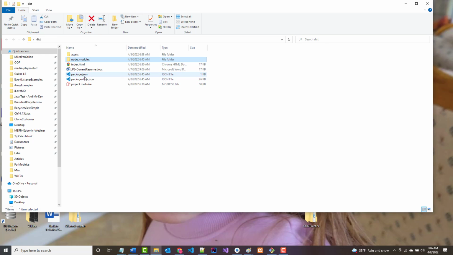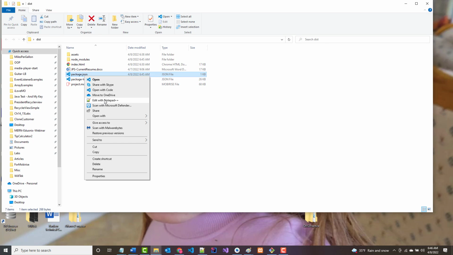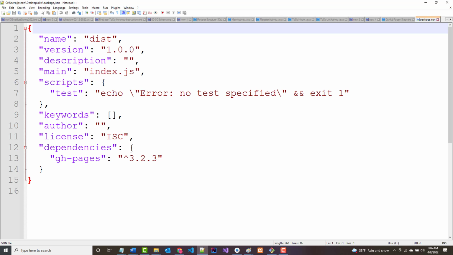Let's go back into our package.json file. All right, and where we have all of this stuff here, we're going to add something at the very bottom. I don't know if it'll matter where we do it, because this doesn't look like it did the last time I ran this, which is totally fine. I'm going to come in at the very bottom and type in homepage,